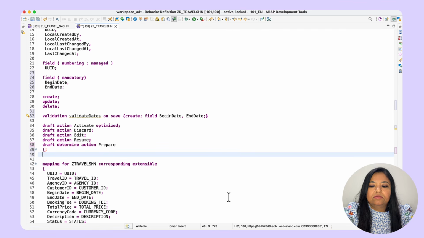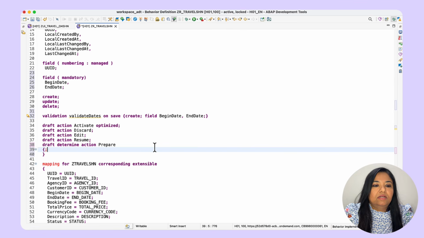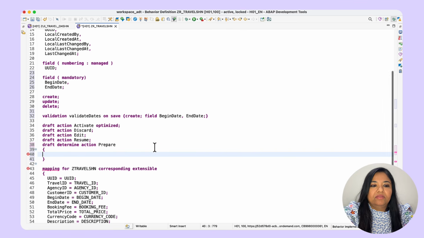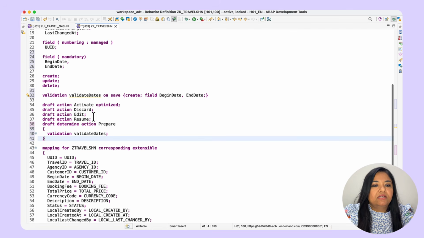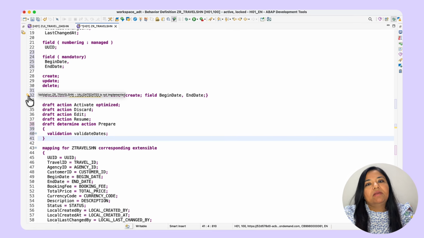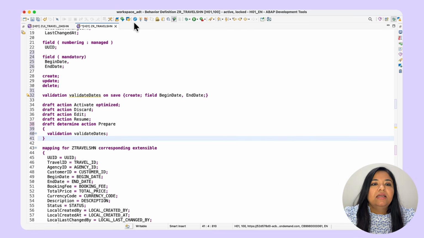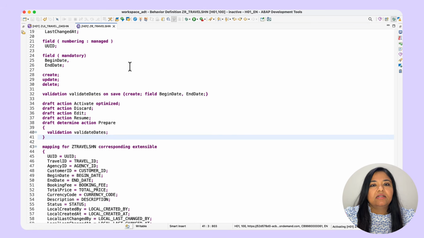So let's say validation, validate dates is the method, and we have declared it inside the prepare action. So now you can see that there's only one message which says the validate dates method is not implemented yet. So this is fine. At this point, you can activate the behavior definition so that it